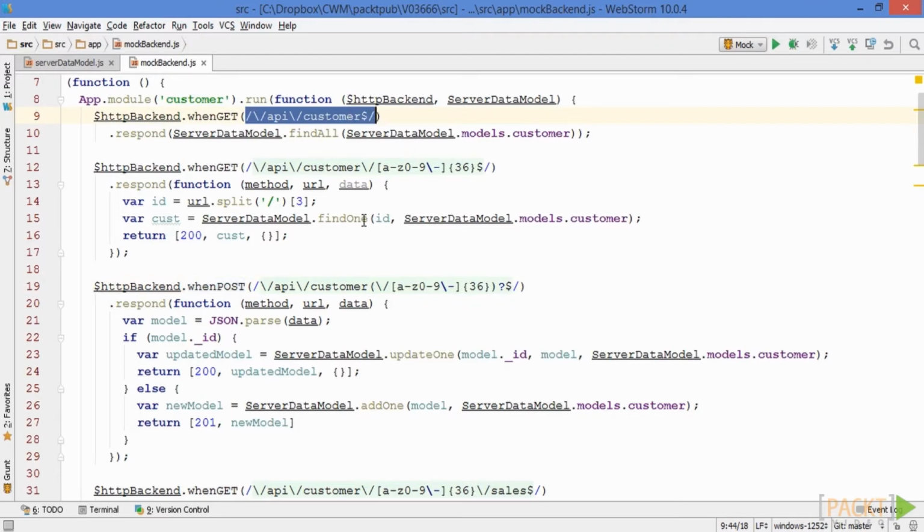I generally use regular expressions because they are more fine-grained and allow me more control to ensure I'm returning the right data for the right call. A good example to start with is the whenGET for all customers. The API endpoint that we're going to expose for that is API/customer. And so we need to make sure that with a regular expression that we are only picking up that when